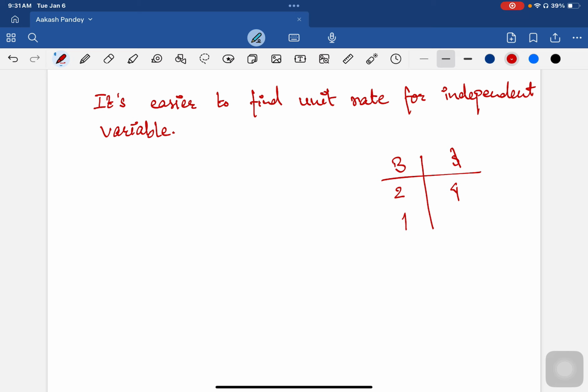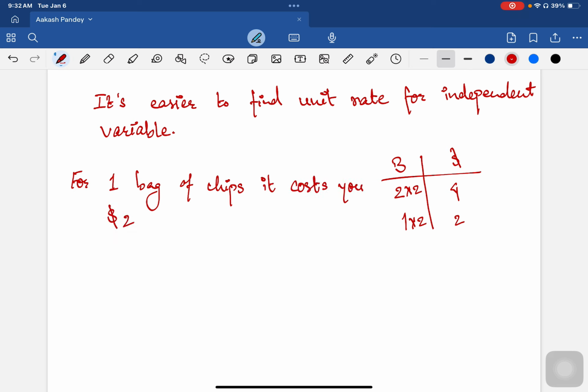If you're to find one, what you could do is 2 times 2 gives you 4, 1 times 2 gives you 2. This is your unit rate. For one bag of chips, that's the unit, it costs you $2. But let's say you were to find out for $1, it would be half a bag of